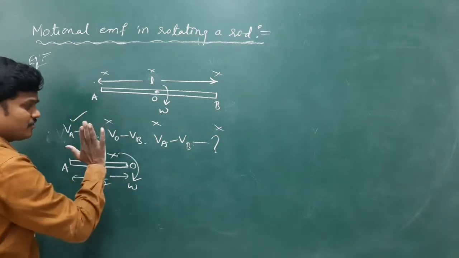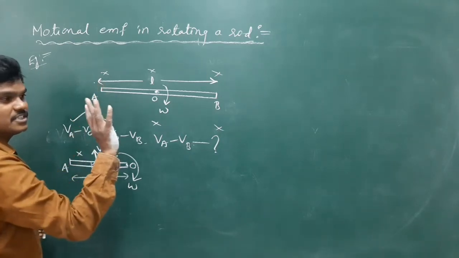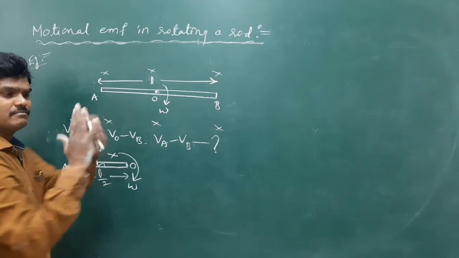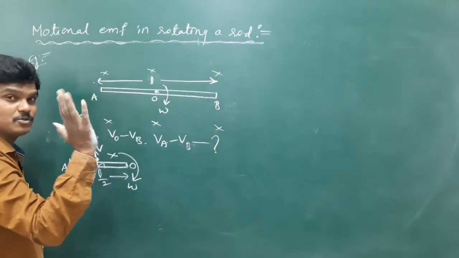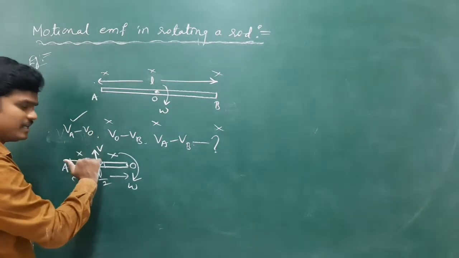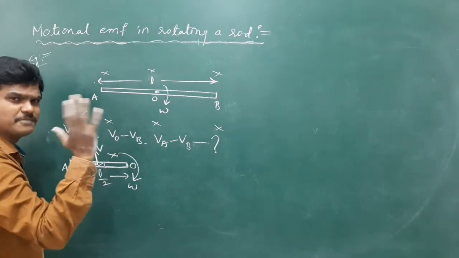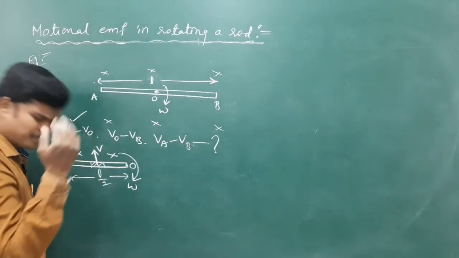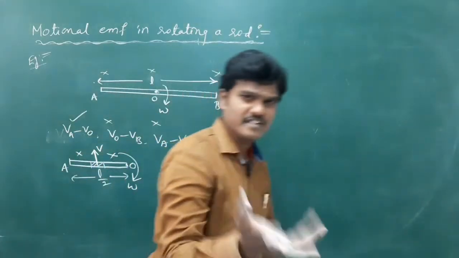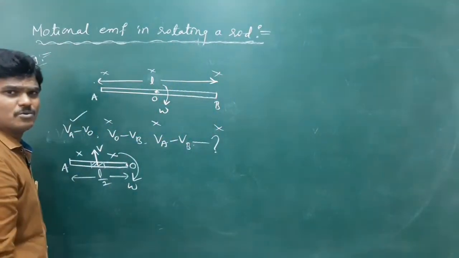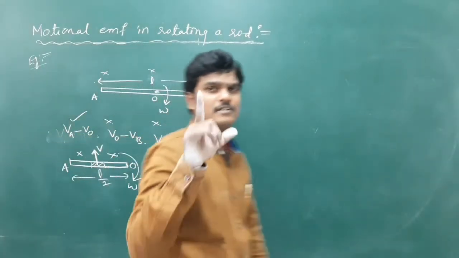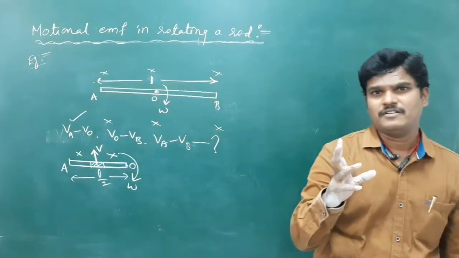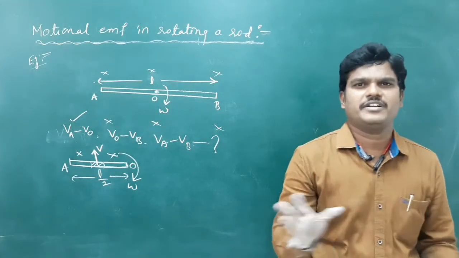Now V cross B. These fingers are V. This palm is B. Thumb is I. V cross B rule. See, I am using V cross B plenty of times. Otherwise, if you are comfortable with Fleming's right hand rule, you can use that. I'm using two rules, don't confuse. Follow any one. I think V cross B is the better way. Fleming's right hand rule is also convenient.